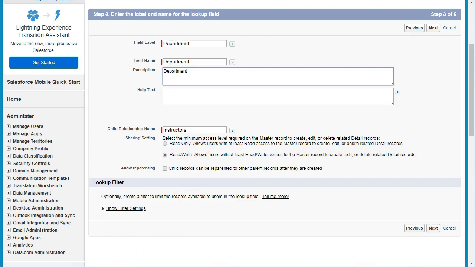So this option decides what is the minimum access level that is required on the master record to create, edit or delete the related detail records. Meaning, only users who have at least read access to the master record can create, edit or delete the related detail records, or users with